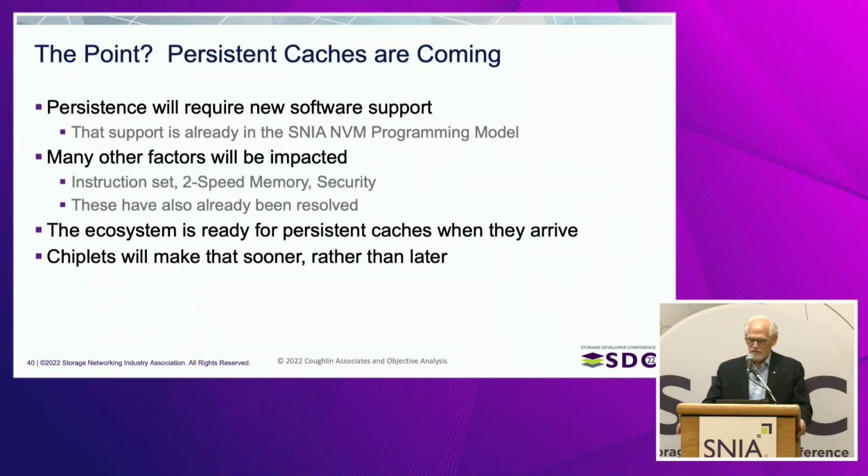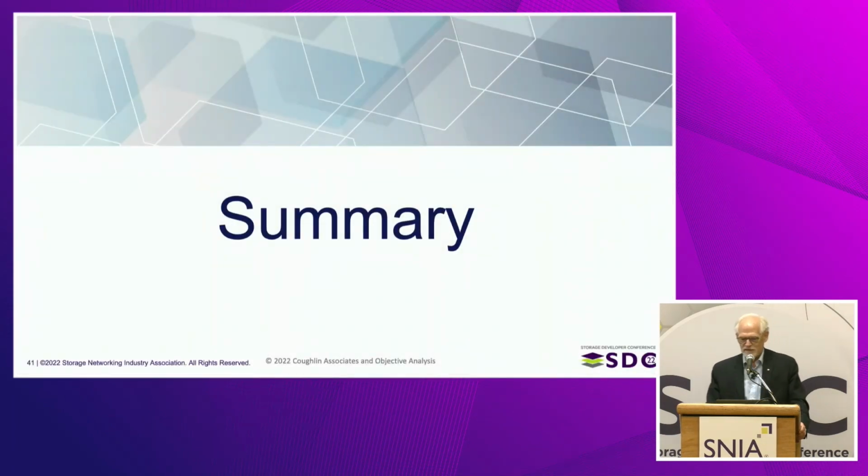And so you're going to have a persistent cache. It's going to happen. And when you do, the ecosystem will already be in place because of Optane. Hooray. And chiplets will accelerate this transition. So, in summary,